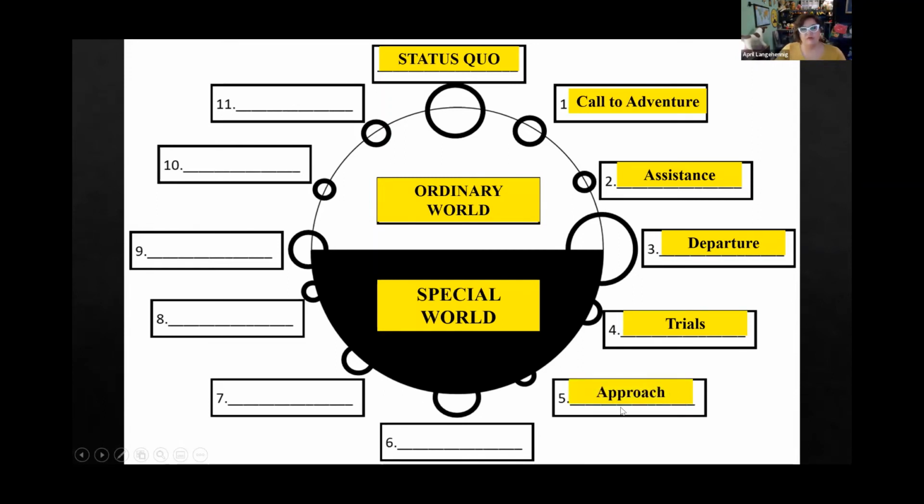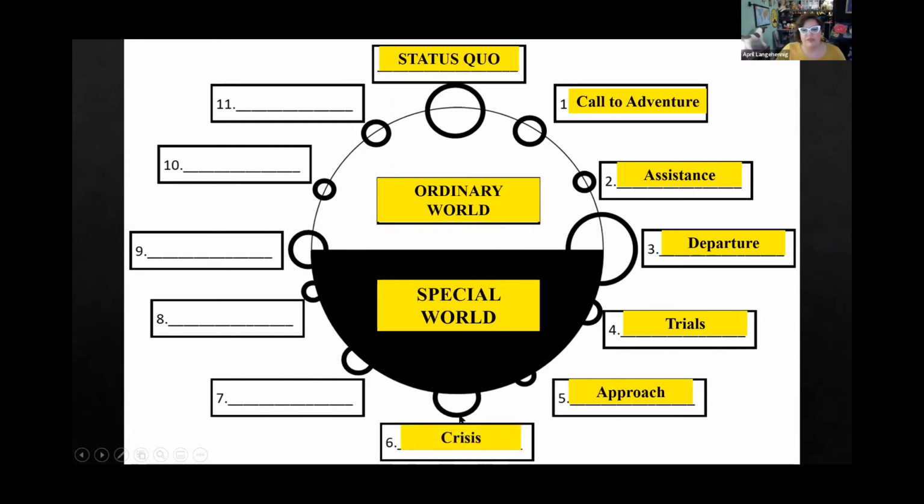We have the approach. In other words, we're trying to get to that point where something big is going to happen. And while we're approaching, if you think Wizard of Oz, think it's the poppy field, right? Oh, we're finally going to make it to the wizard. Oh no, here's the poppy field, and we're all put to sleep. Or, oh, we're finally trying to make it to the castle. Oh, the flying monkeys attack, right? We have these approaches multiple times,